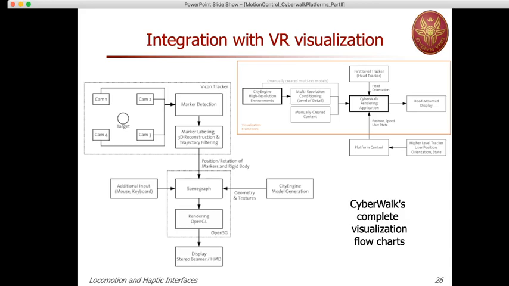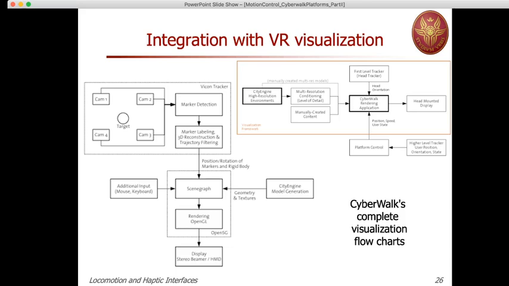And on the top right part, you have now the CyberWalk application, which, as I said, uses the high-level tracker for localizing the user, and then the platform control will move the platform accordingly. The rendering application should know the position of the user and the speed of the user as resulting from the platform control, so that it can subtract this information, and what remains is purely intentional motion, and this part should be used in order to let him navigate in virtual reality,